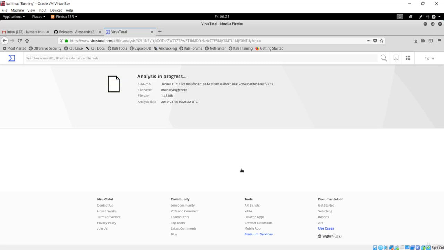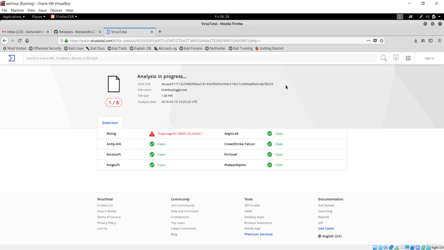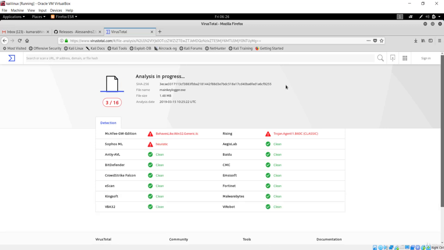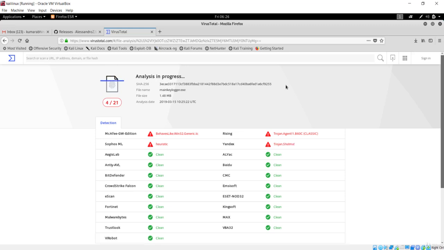You can also modify this keylogger, because these antiviruses basically track for certain keywords, and if that keyword is in your code, they will say it is in the antivirus database. If you want the antivirus not to flag your code as a virus, you can make changes so that there are no such keywords, like keylogger. If you have the word keylogger in your programming, they can track that, because it is one type of keyword that determines it is a virus. So the process is going on, the analysis is carrying on.